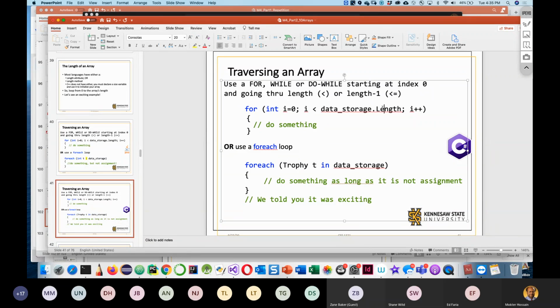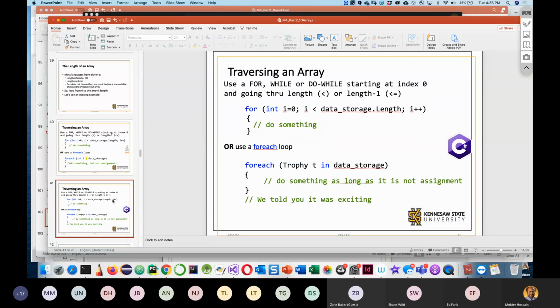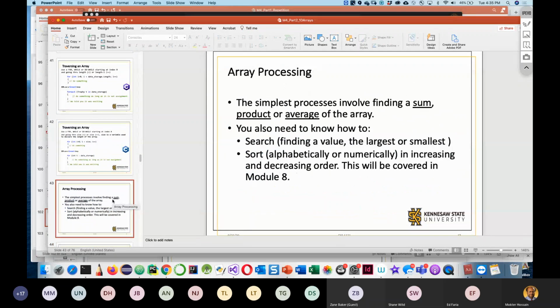So in C#, L is in uppercase, and in Java and C++, in Java especially, L is in lowercase. When we go to live programming in our next lecture, we will understand this. Okay, so these are the slides. I would like everybody to go,